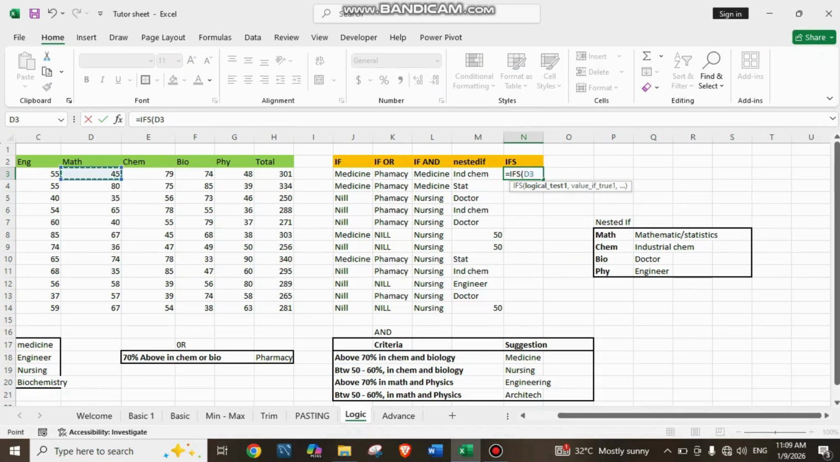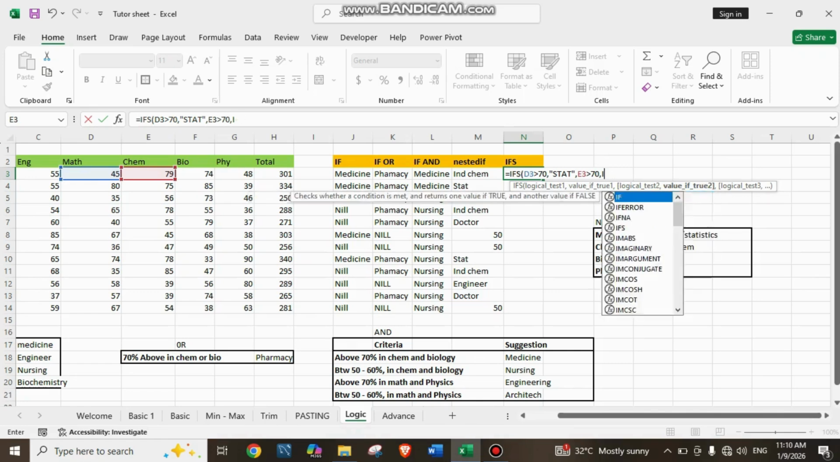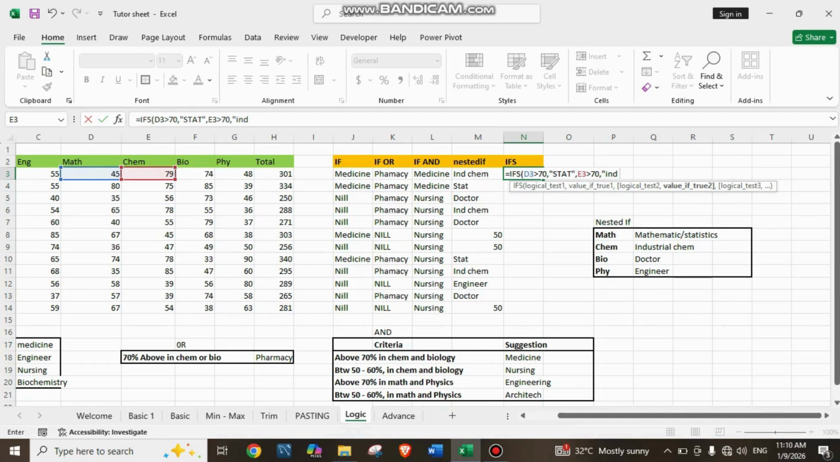this math is greater than 70%, comma, we should give that person statistics. Still the same thing, comma. You know, when we are using nested if, after this we will write another if, but since we are using ifs, I'm not going to write another if again. I'll just continue with my second criteria. So I will write if this chemistry is greater than 70%, comma, we should give that person industrial chem,